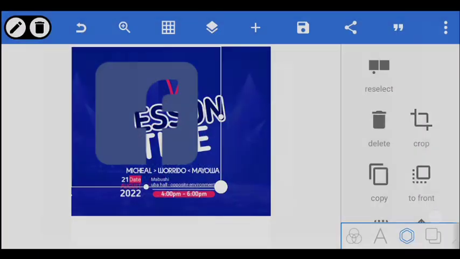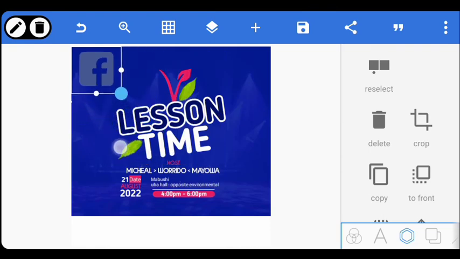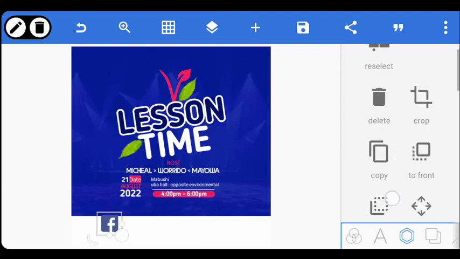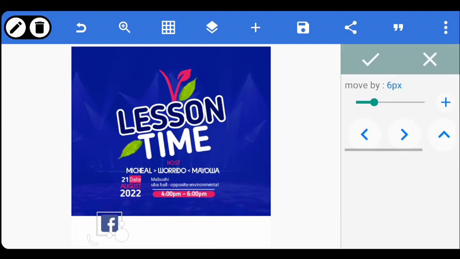Okay, Facebook, reduce the size, bring it down here. Reduce the size and use your positioning to position it